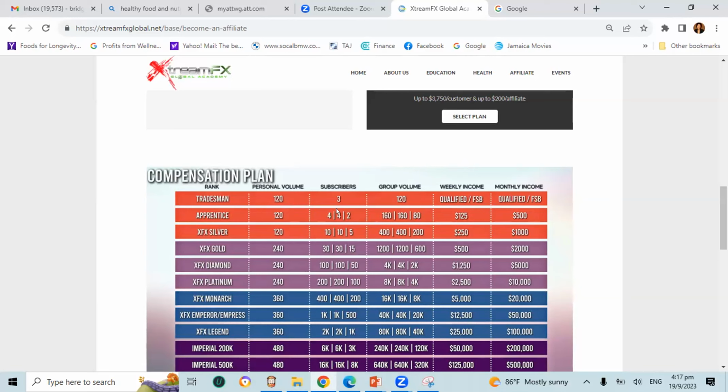So it's pretty powerful. If everybody who comes in were to just bring their 3 friends, 3 trading buddies, you could build this out. You could bring 3 people. Those 3 people could bring 3 people. That's another 9 people, right? You'd be knocking this compensation plan out just because everybody who came here shared it with 3 or 4 more people.